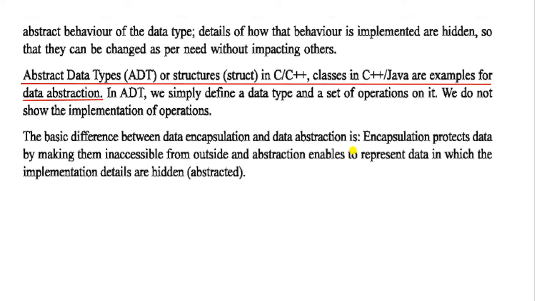So encapsulation is nothing but protecting the data: if another program wants to access another class's data, it is unable to fetch it due to encapsulation. And abstraction enables representing data in which the implementation details are hidden. So details are hidden, that is abstraction. Okay, data abstraction.